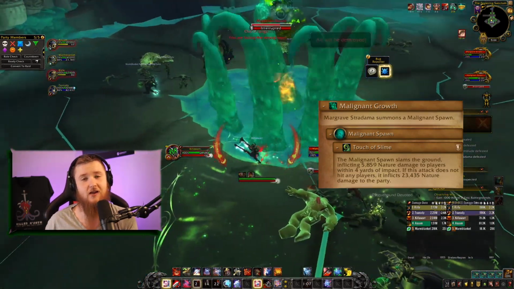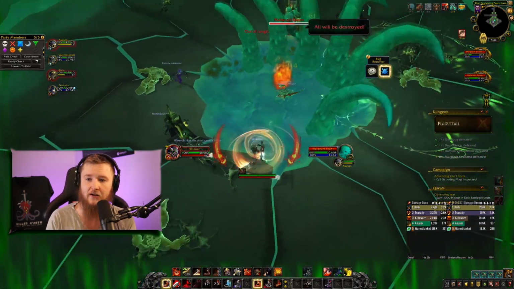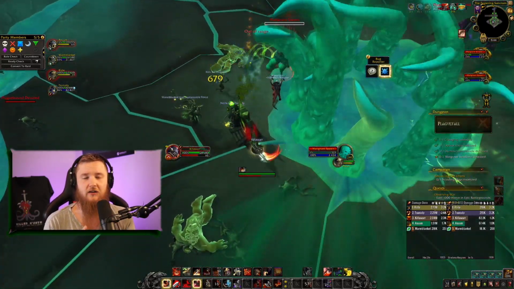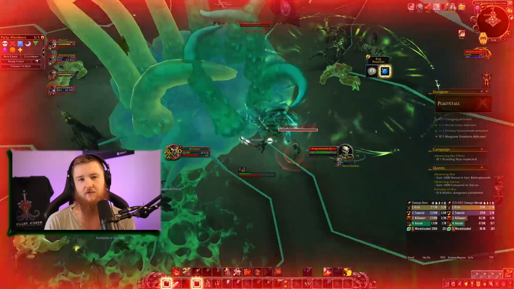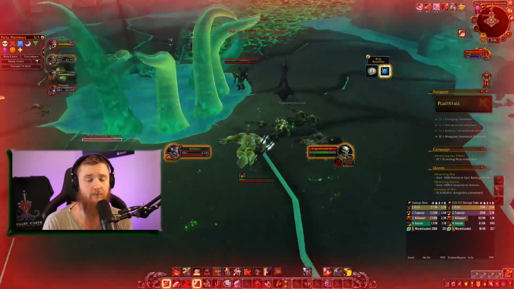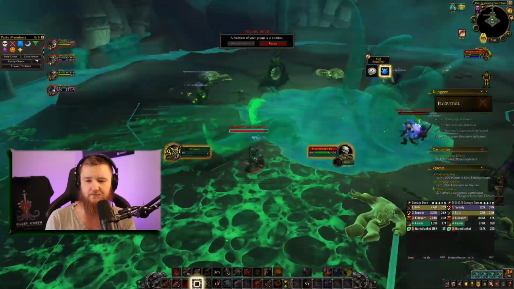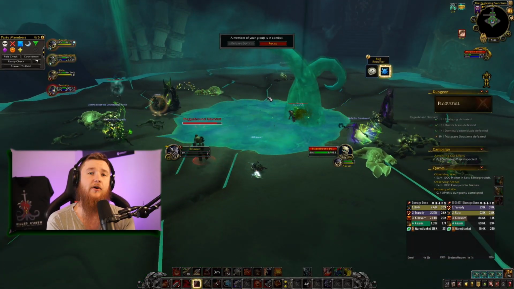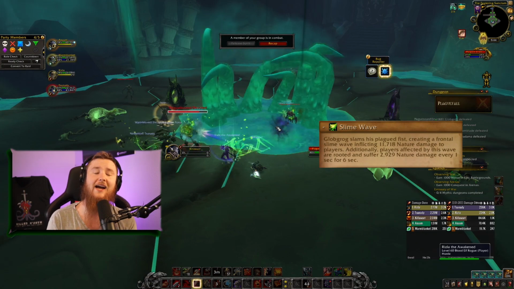that casts a circle hit which will need to be soaked by the tank. Otherwise the group dies. Especially on Mythic Plus keys that are a bit higher level. On Mythic 0, you might be able to survive this with a defensive cooldown up top for that. Whilst he is alive, he needs to be killed as a priority target